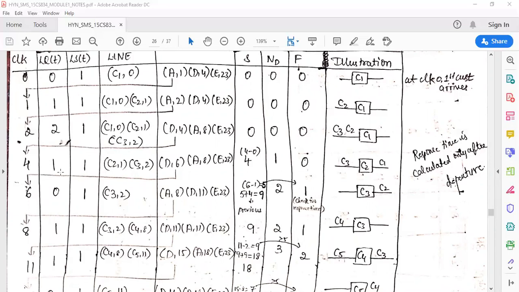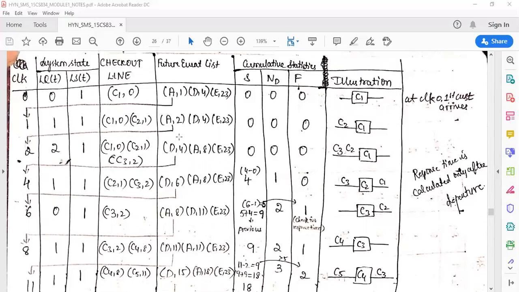Once you write this, now come and update the LQ of T. How many people in the queue? One person. How many with the server? One person. What is the checkout line? The first customer went off, right? So you have to remove that. Who is there in the line now? Only C2 comma 1 and C3 comma 2, right? When the customer departs, you have to remove him from the checkout line also, right? So I will remove him from the checkout line. I will get C2 comma 1 and C3 comma 2, right? So what type of event is it?